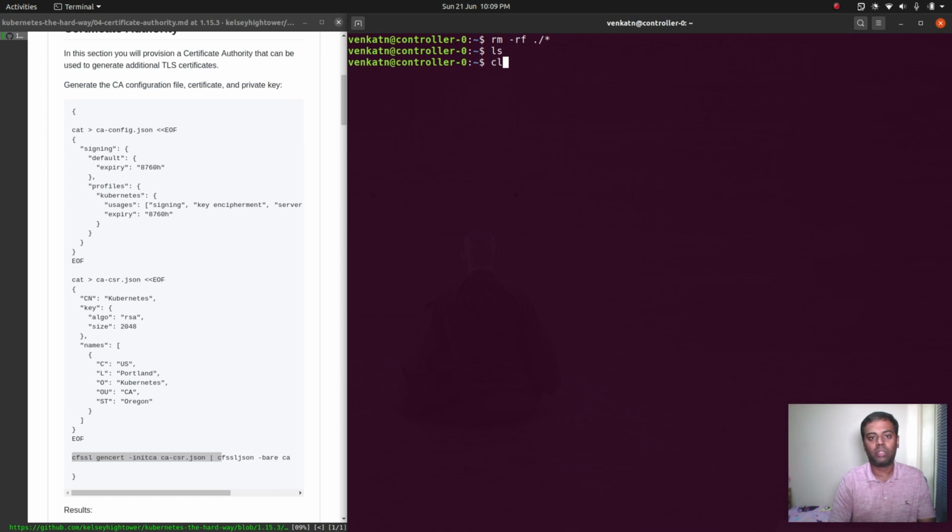-rf ./star. Yep, we don't. Oh, sorry. The problem is we just wanted to verify whether we can log into the controller nodes. These commands should be done on the host machine. I've actually logged into one of the master nodes. So coming back out